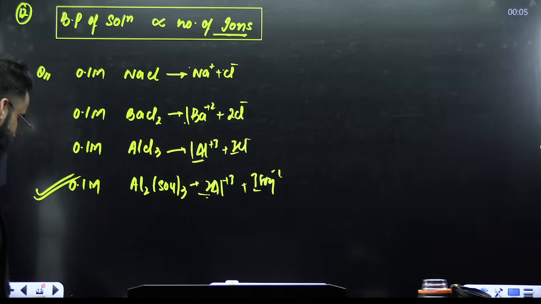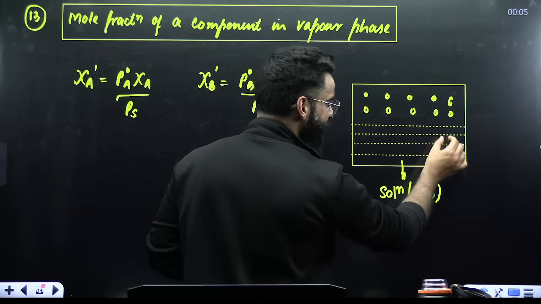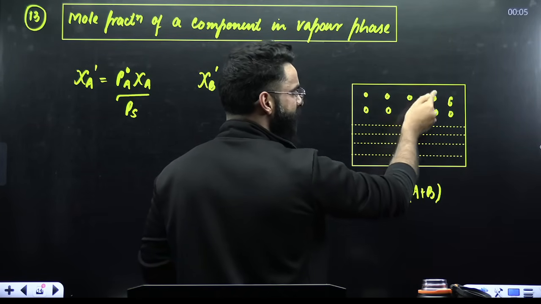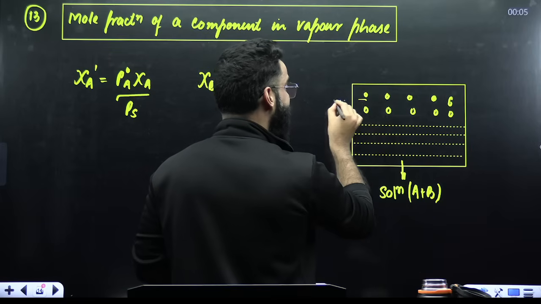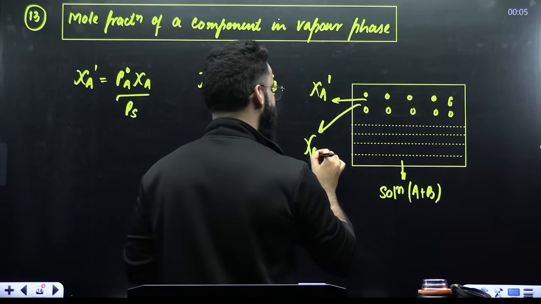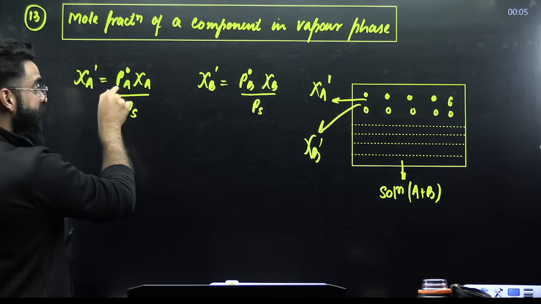Okay. One more important case which I had to tell you. For example, this is a solution of A and B, and over here there are vapors of A and B. They'll ask you to calculate the mole fraction of A in the vapor phase, and the mole fraction of B in the vapor phase. Remember these formulas directly. Mole fraction of A in vapor phase is equal to P naught A chi A by